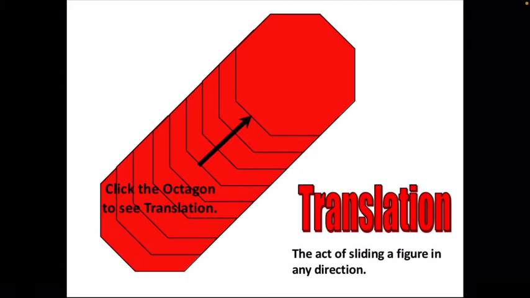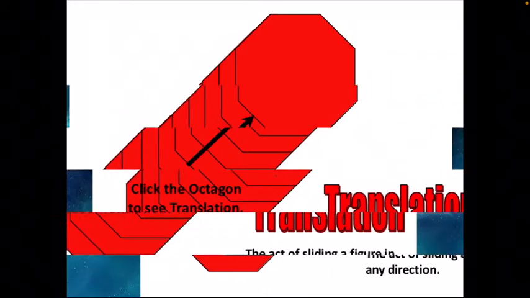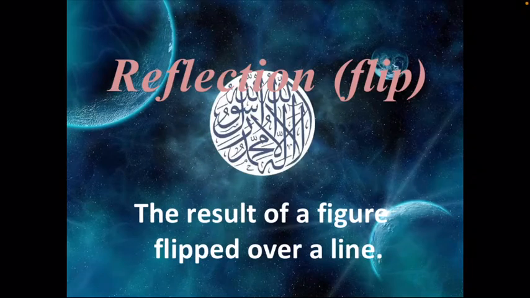But you can tell the exact images as a translation image. So the best example for translation is a chessboard. Next, reflection symmetry. A result for the reflection symmetry is nothing but when you cut the figure into identical parts, it should give you the exact image of the other one. So that will be your reflectional symmetry.